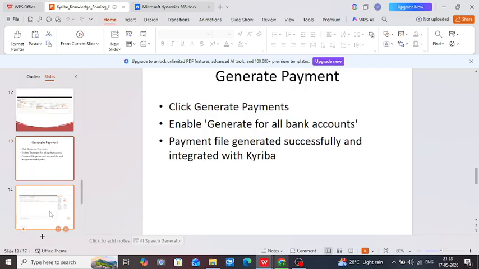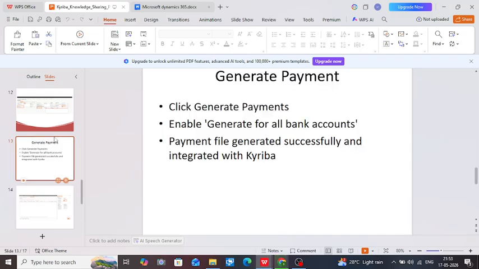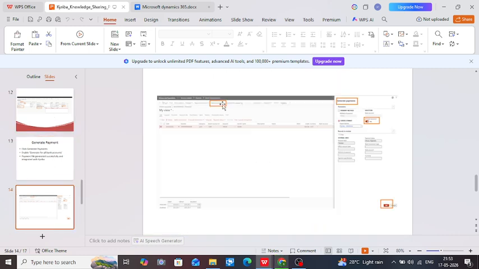So after preparation of everything, journal and everything, we can see generate payments. When we filled all these details, which I showed before in the slides, after that we have to click on generate payments. When we click on generate payments, you guys know the configuration. We need to enable the bank accounts and Kyriba integrations, and then if we click on OK, then the process will be